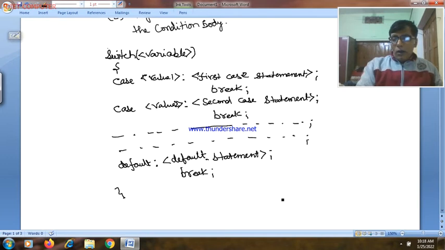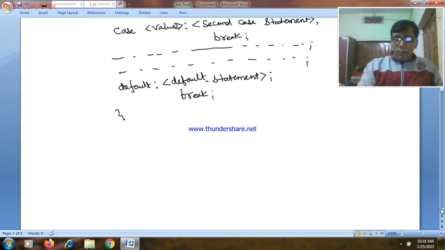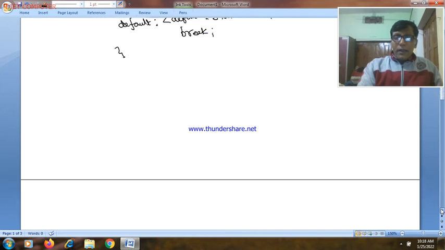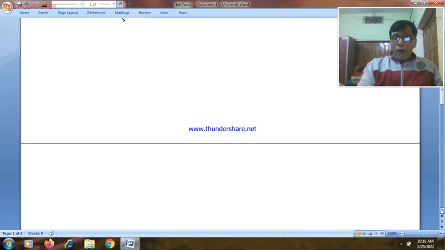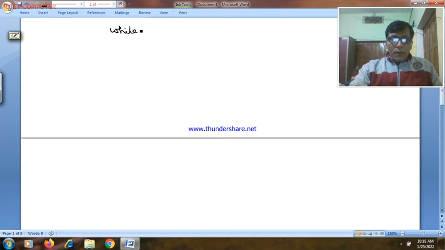This is one use of the break jump statement, but you can also use break jump statements inside a loop construct body. If you want to transfer the flow of execution outside the loop construct body for a certain condition, then you can use the break statement inside a loop construct body. I have taught you there are three loop constructs in C, such as the while loop construct, and the syntax of the while loop construct is